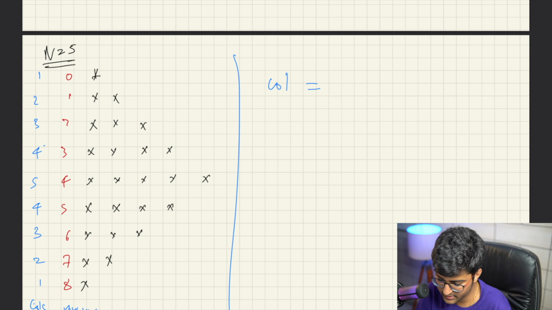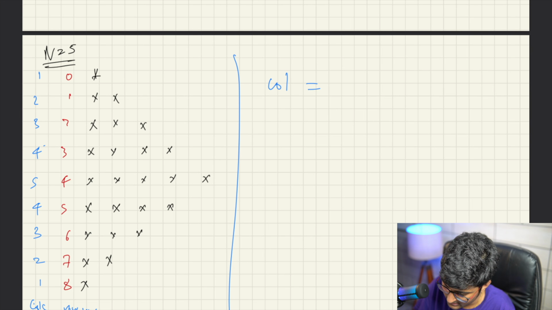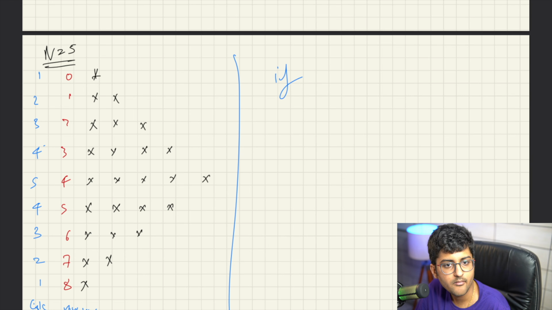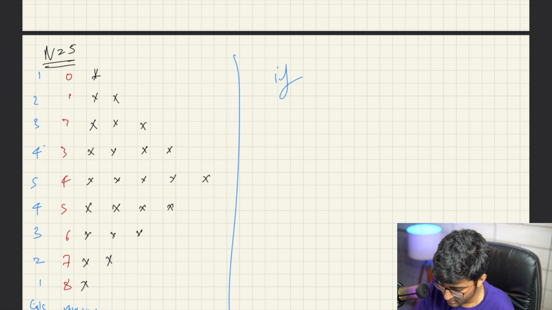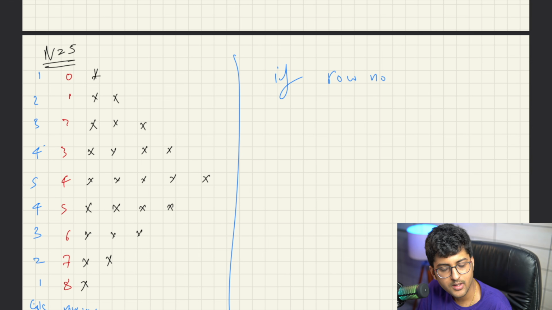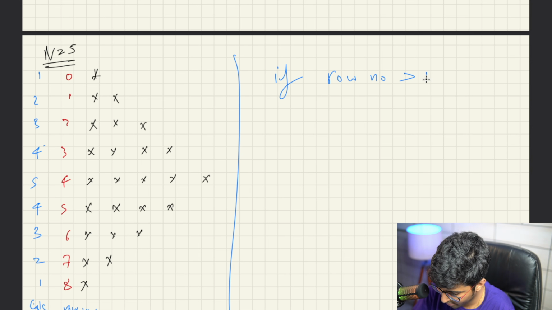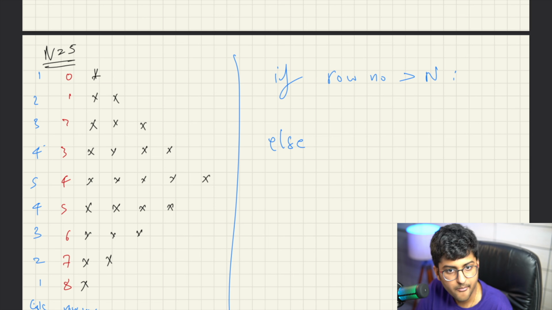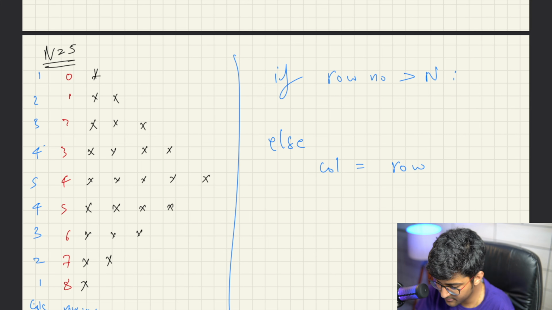We know that if the row number is greater than n, in that case it will be something different. Otherwise, the column number is just going to be equal to row only.